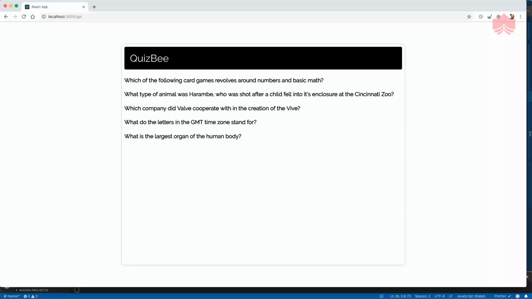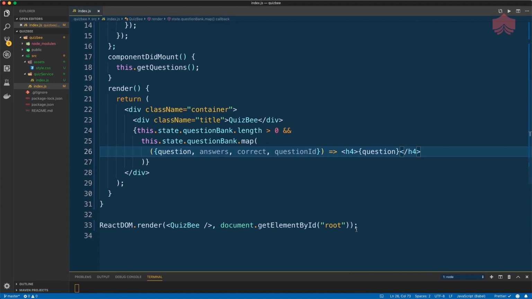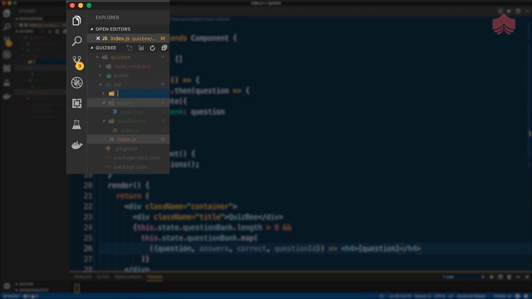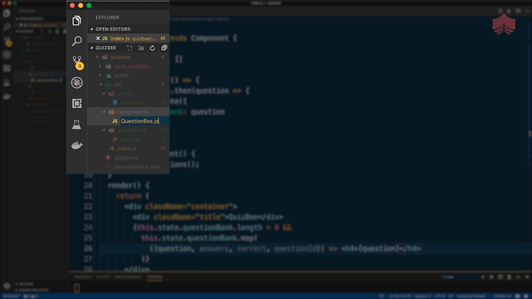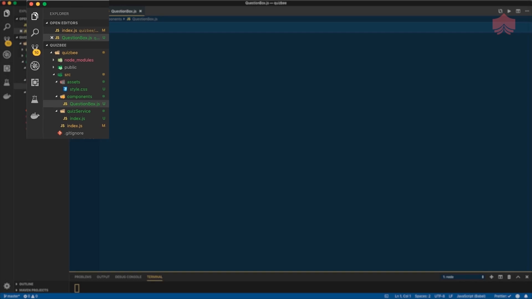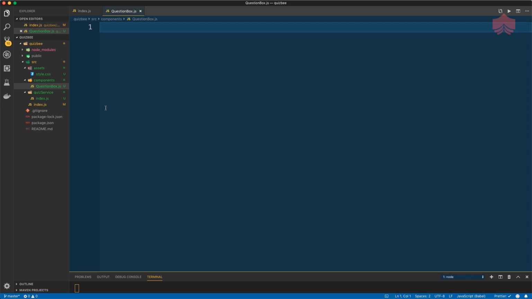Let's now build a component which will display our questions as well as a set of option buttons for the user to pick. I'll begin by creating a new folder in my src folder named Components. We'll store our components here. Inside this folder, I'll create a component called QuestionBox in a file named questionbox.js. This component will render the question text as well as a set of buttons to let the user pick an answer. As always, we'll begin by importing React. It is important to note that React must always be in the scope when creating components.